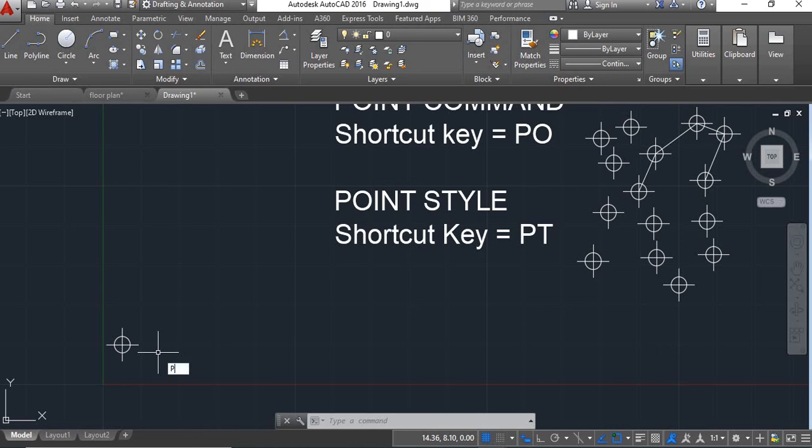Again I'll give another coordinate, that is 10, 20, enter. Here you'll see this point has come at the distance of 10 from y-axis and 20 from x-axis.